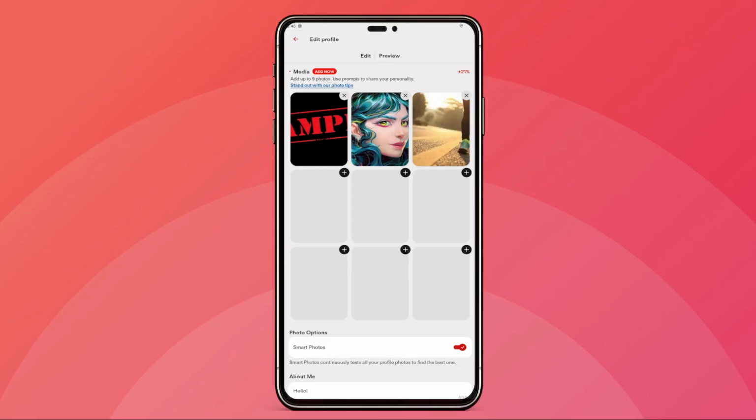Once you tap Edit Profile, you'll be taken to a new screen where you can manage various aspects of your account. Look for the section labeled Media. This is the area where all your uploaded photos are stored and organized. It's essentially your photo gallery within Tinder, and it's where you'll be able to add, rearrange, or remove any images